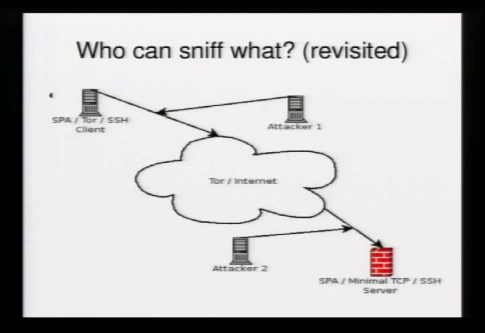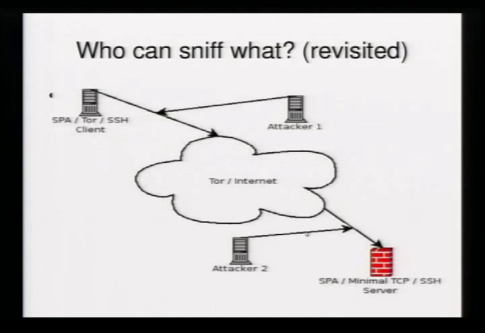Okay, so over the Tor network, what do we see? Single packet authorization gets sent across this established TCP connection. So traffic analysis, where an attacker is able to sniff traffic between the client and the entry router. You can see that once the SPA packet actually makes it into the Tor network, it's not really all that useful because you don't know where it's coming from or where it's going to. All you see is a TCP connection that contains this seemingly strange-looking data.